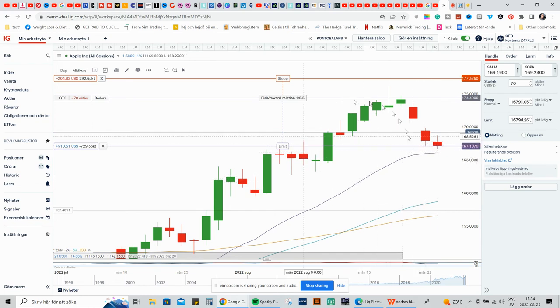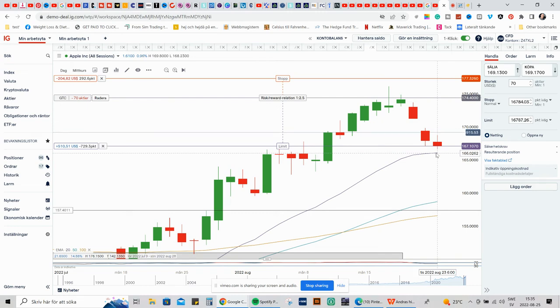But this is the trade at this very moment. And also another tip, respect the moving averages. This is the 20 EMA. So that's also a reason why I didn't want to stretch this. I didn't want to have 3 times profit and risk, because I have a moving average here where lots of